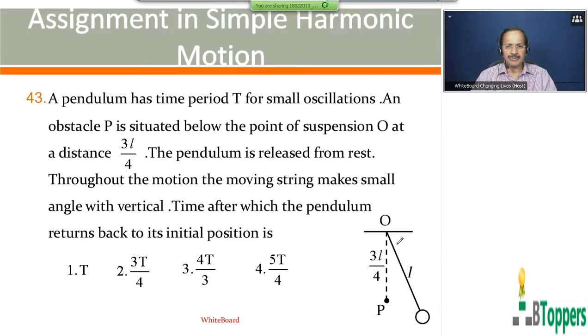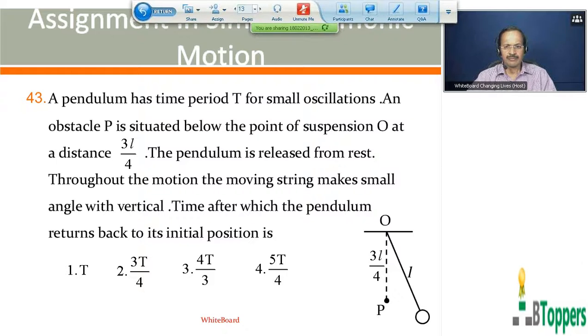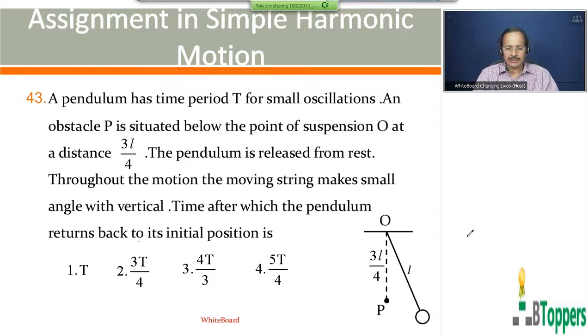The length of the pendulum is here denoted by small letter L. Here, this must be small letter L. So come on, try the question here. Small L is the length of the pendulum. So in the figure here, this you have to take it as small L. That is actual length of the pendulum. Come on, take a pause and complete the calculation.